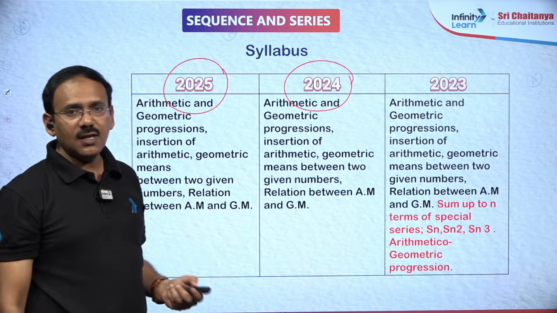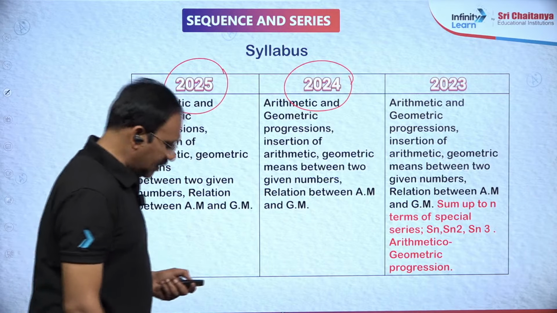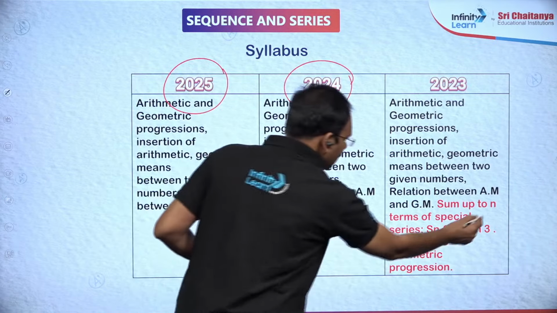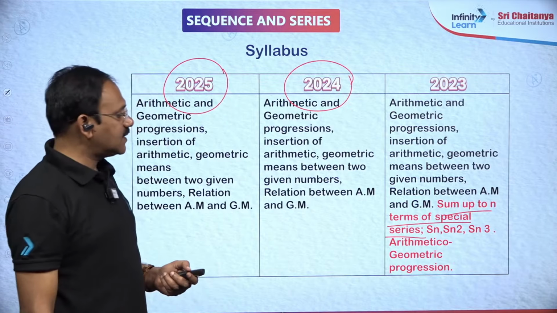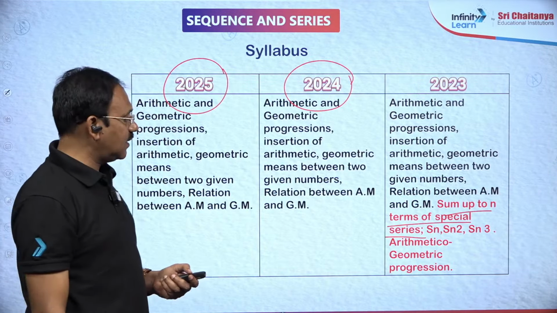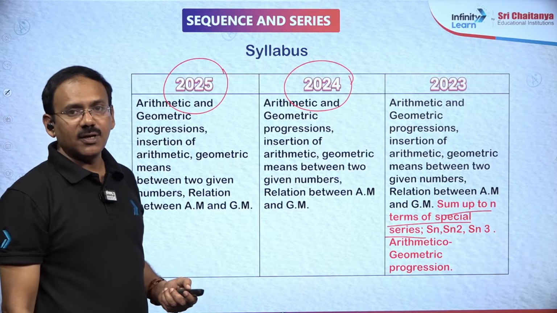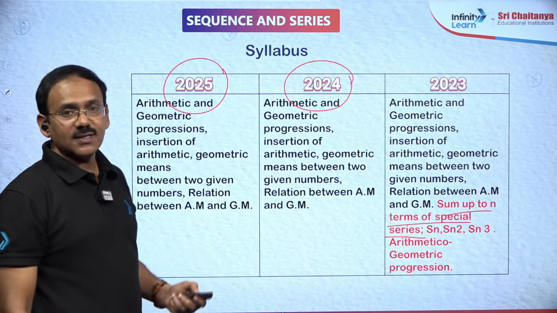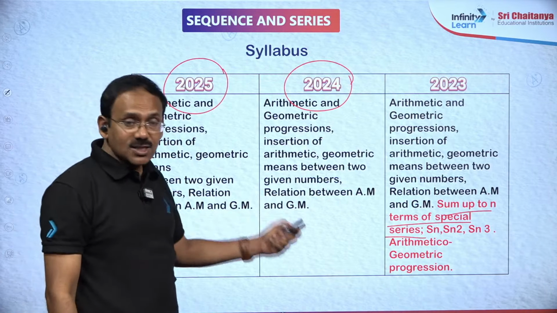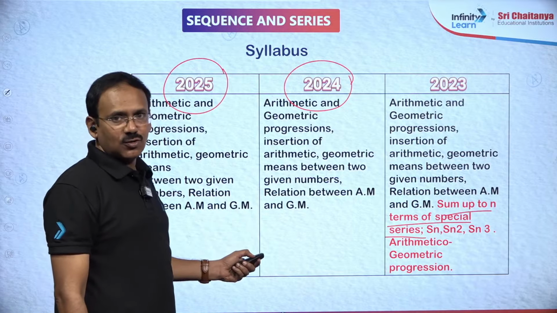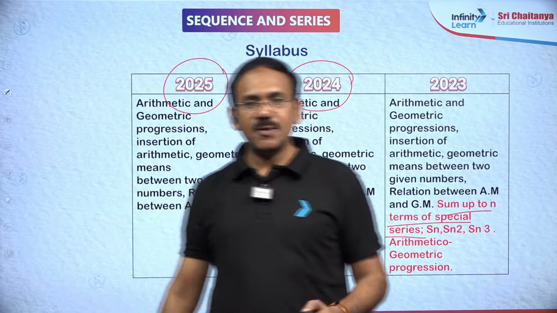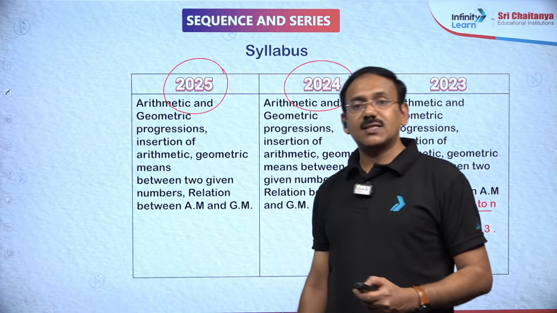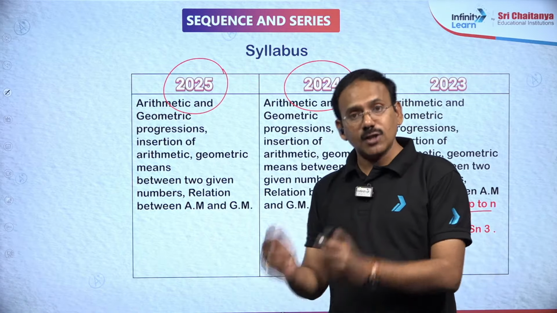Whereas in 23, see certain terms are specially mentioned here, sum up to n terms of special series, Sn, Sn2, Sn3, AGP, arithmetico-geometric progression. So dear friends, we can say the same AGP is not mentioned in 2024 and 2025. So we can feel like AGP is not there, but still I suggest AGP question can also be given with